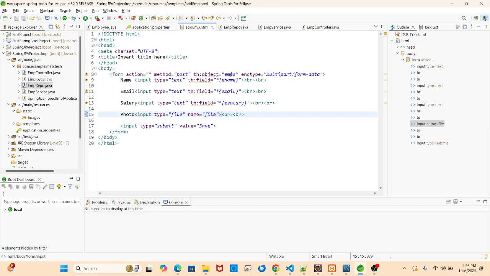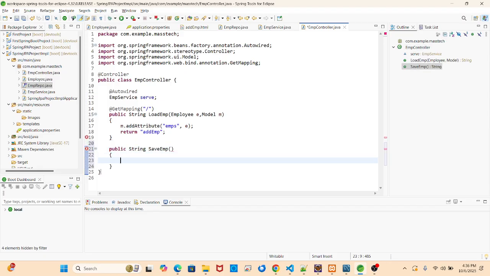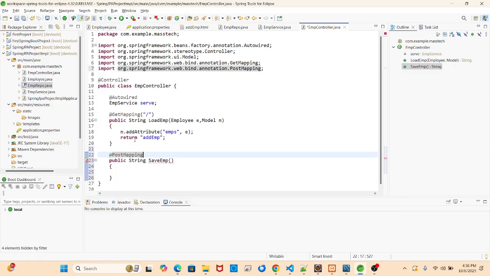After submitting, the EMPS object will get submitted and it will go to the action. So we'll pass, let's say, saveEmployee, which is not there, so we need to create this action now. So we will come to this: public. Return type is again string. Here we'll pass which mapping? PostMapping. saveEmployee will come here. Here we have to map